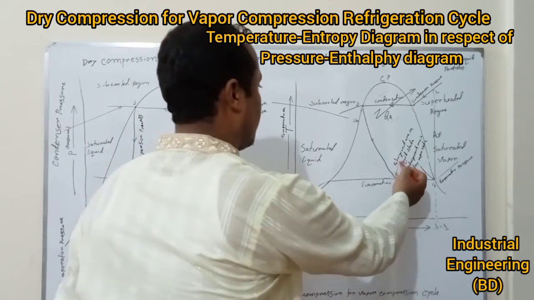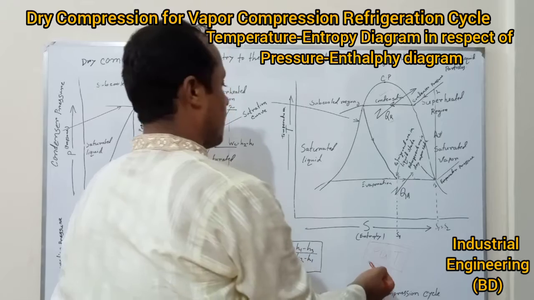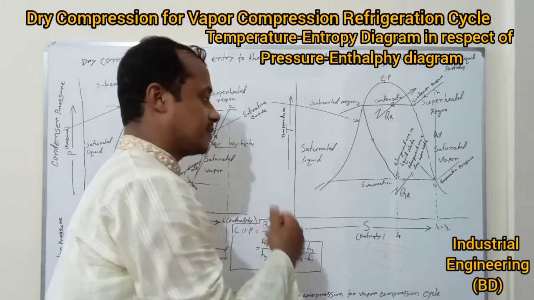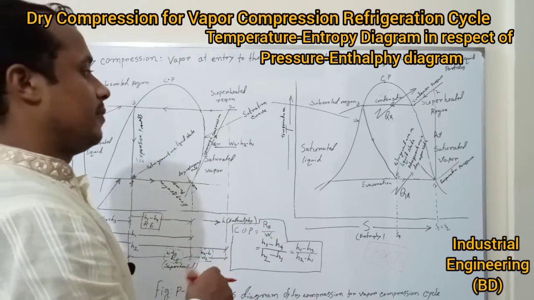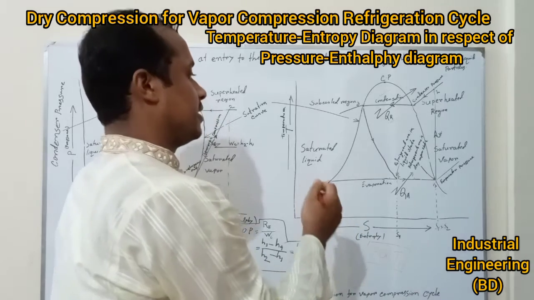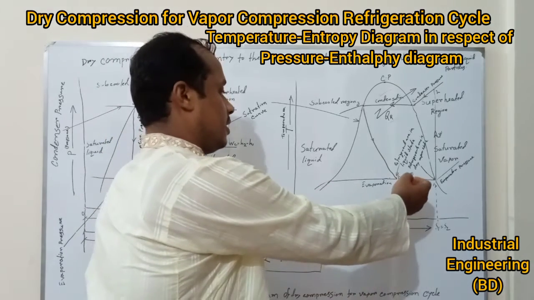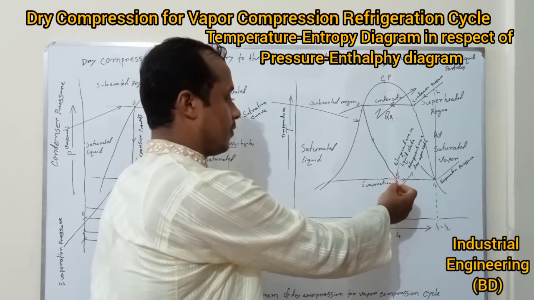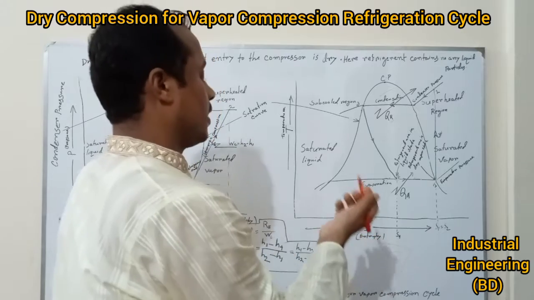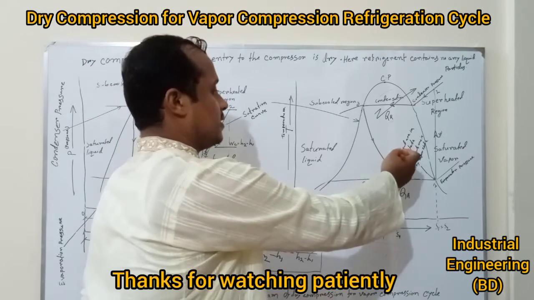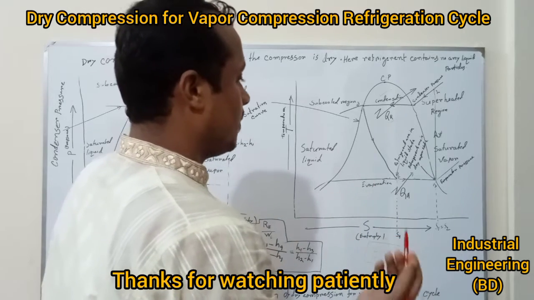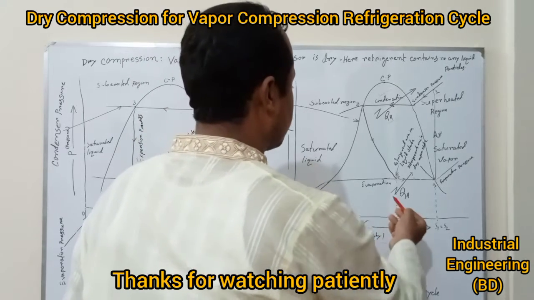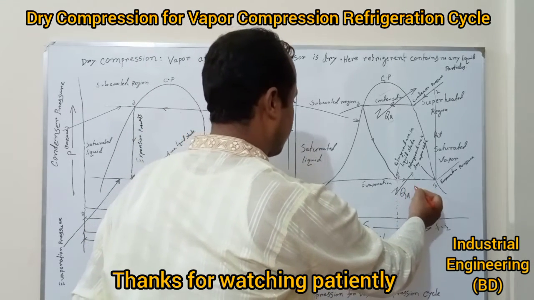At point 4, the refrigerant is in a liquid state. So before the expansion process, the refrigerant is in a liquid state. This liquid refrigerant is passed through the evaporation coil at point 4. So before the evaporation coil, the refrigerant is in a liquid state, and after the evaporation process, the refrigerant absorbs heat from its surroundings and extracts the cooling effect.